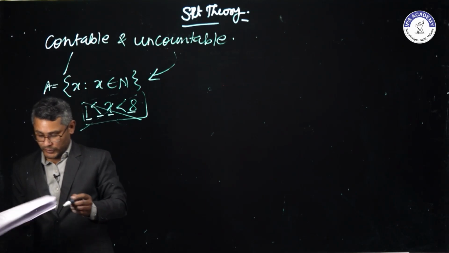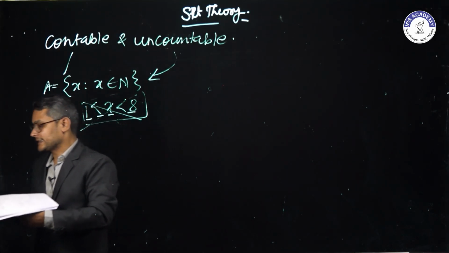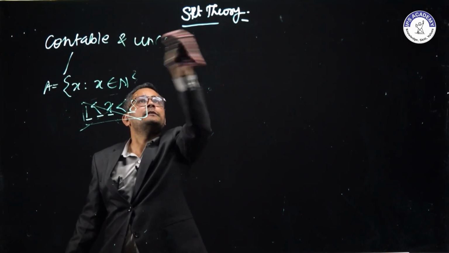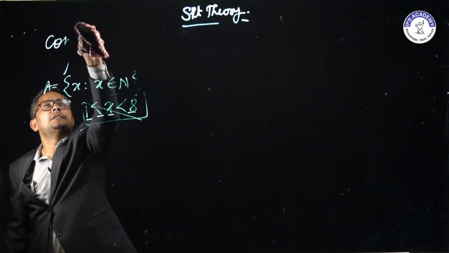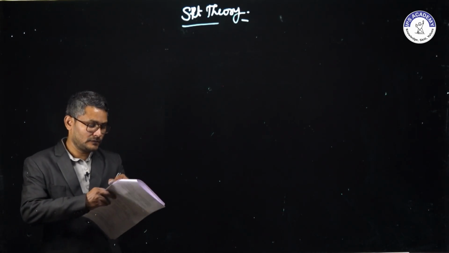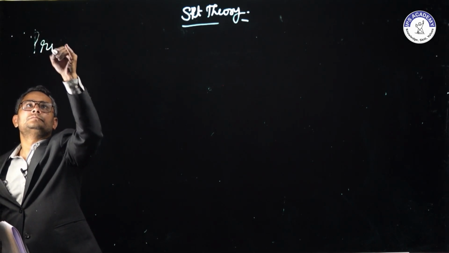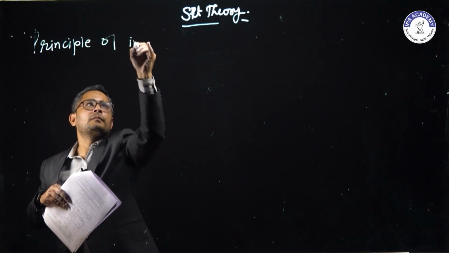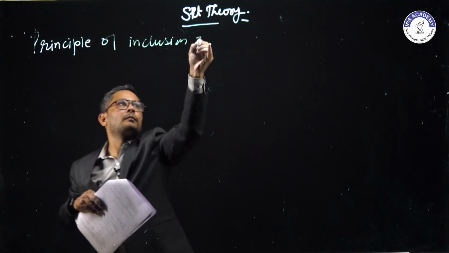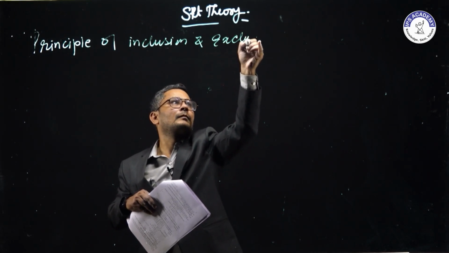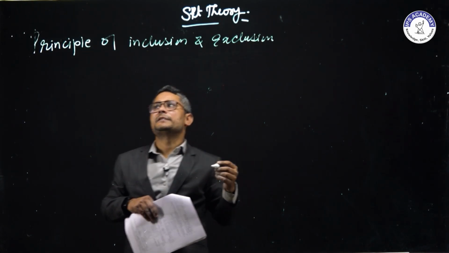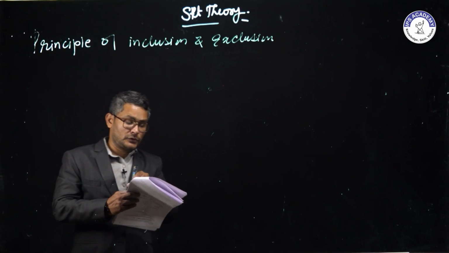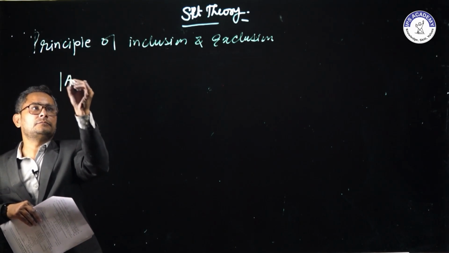Now the most important topic: principle of inclusion and exclusion. This is the important topic of set theory. Principle of inclusion and exclusion. So we have A union B equals A plus B